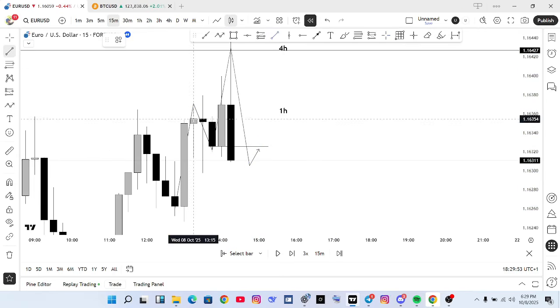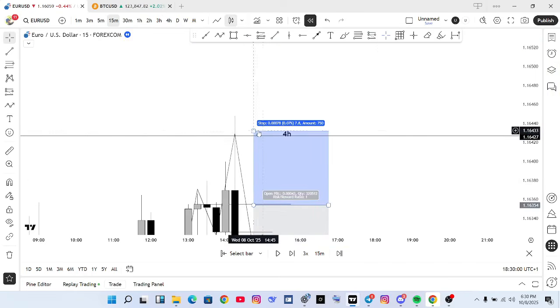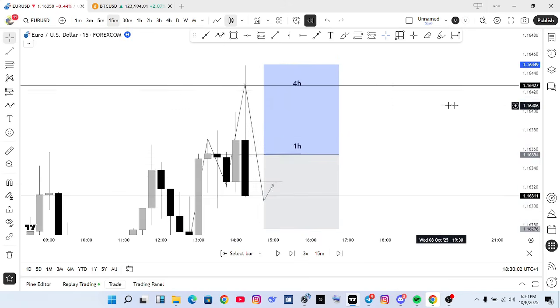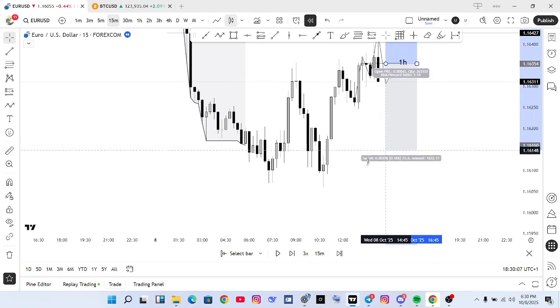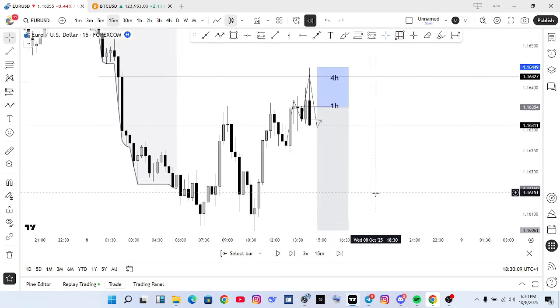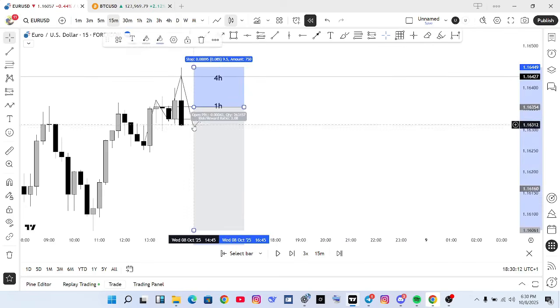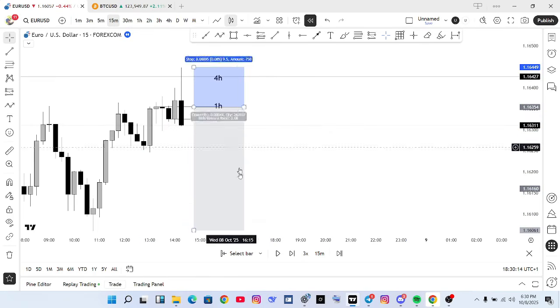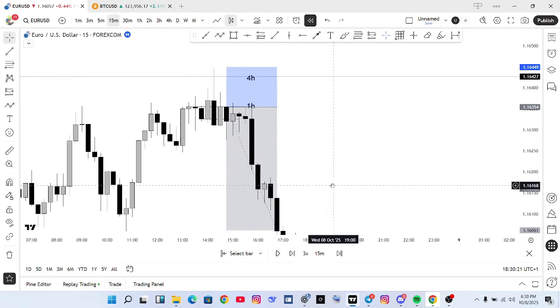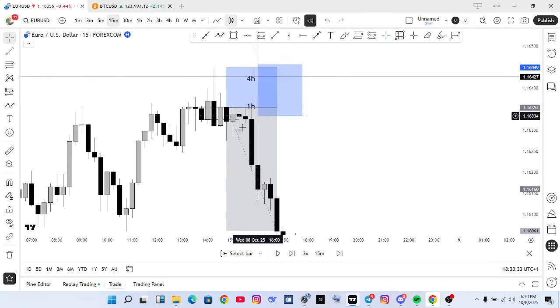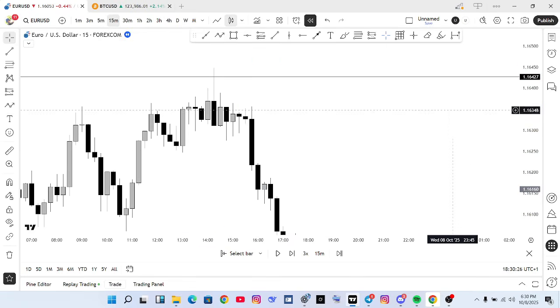So for me, I can just choose to enter from here, put my stop loss maybe above here, and my target will be this place. I hope we understand. So that is just it. So now let's dive into the chart and